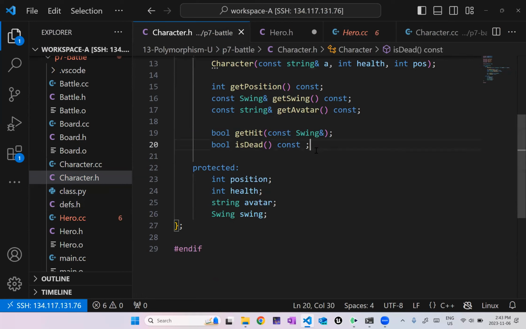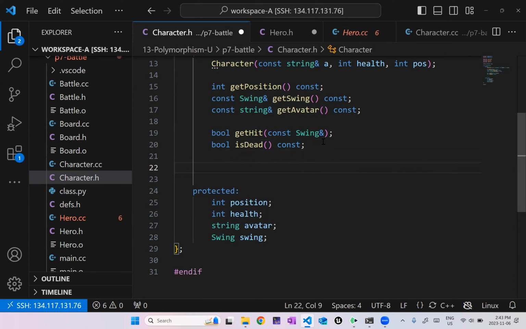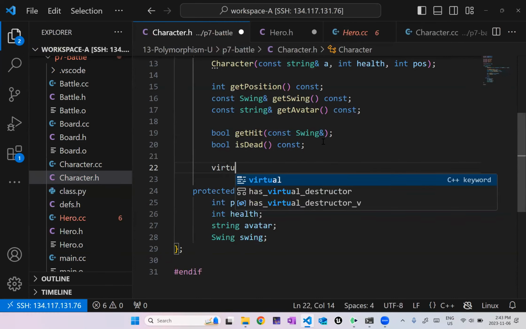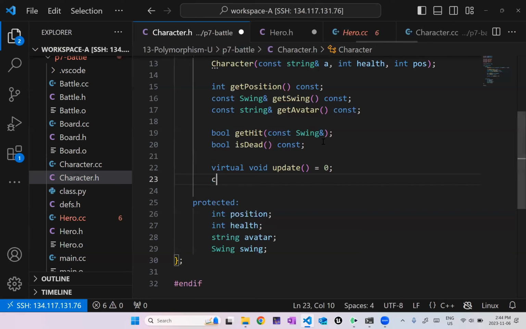And then we talked about how update and print are going to be different between the two classes, the orc and the hero. So we don't want to make any assumptions in this case. We're just going to make this a pure virtual function, as well as